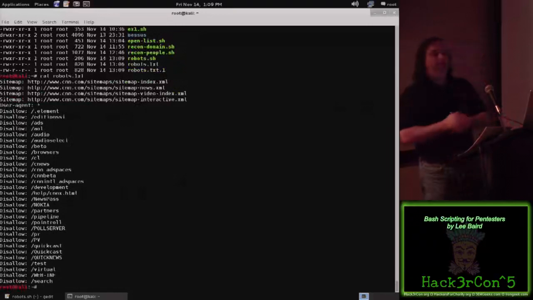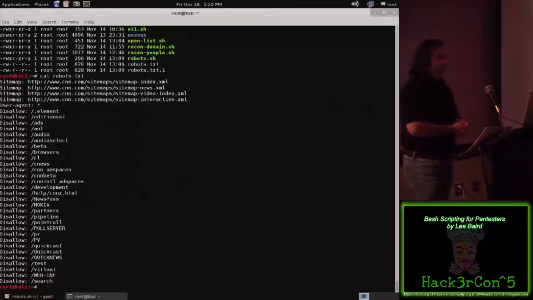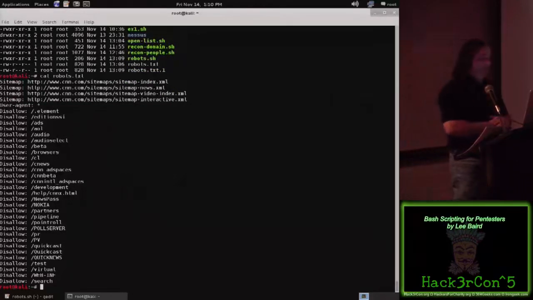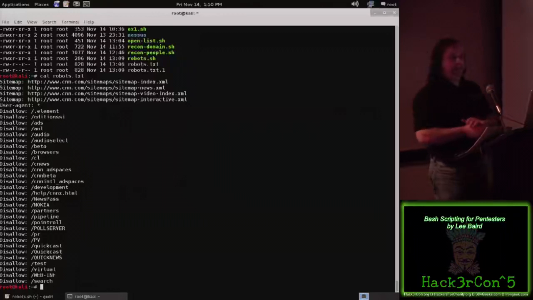So your robots text file should look something like this. Obviously, it'll be different for every domain. Okay. So the folders that we want to open, how can we pick those folders out of that line? Which lines do we want to pull out of here? Right, the ones that say disallow, okay? So